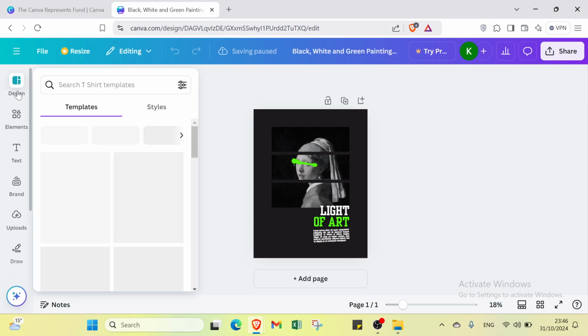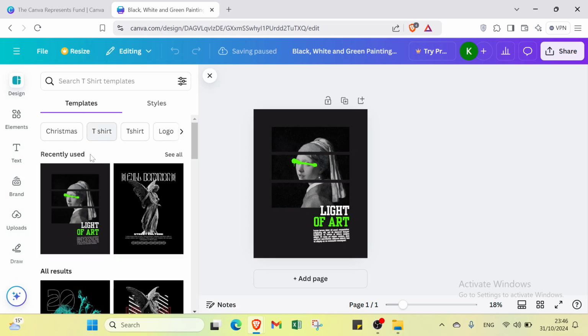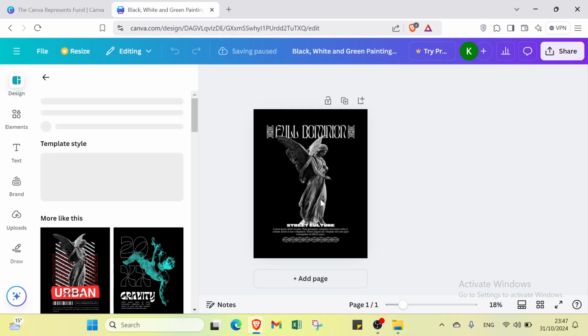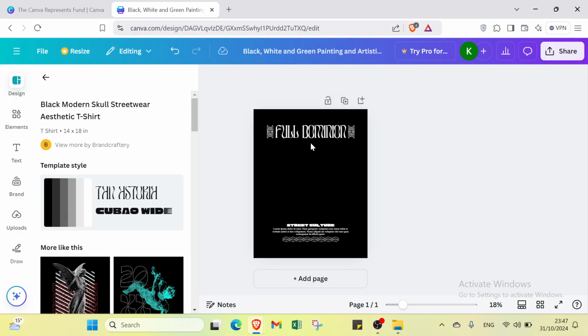Firstly, I will go to design on the left and I will select other templates, because this one I think it's not comfortable for me. I will select this one and I will delete all these things and I will add my own. Alright,